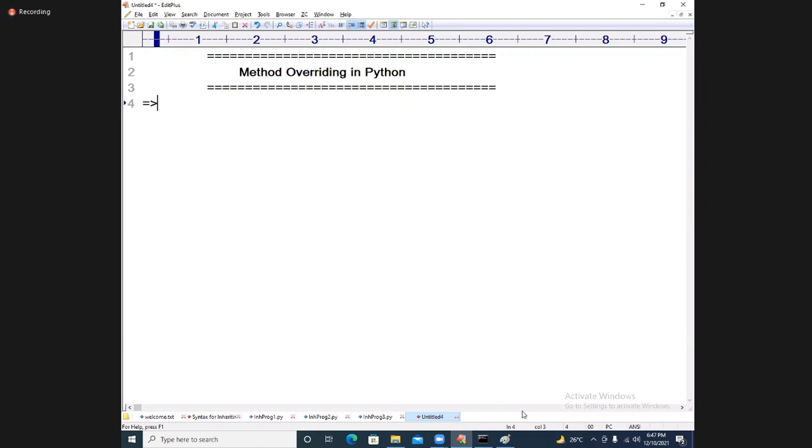So let us start the discussion called method overriding in Python. Method overriding is one of the distinct programming features in Python.